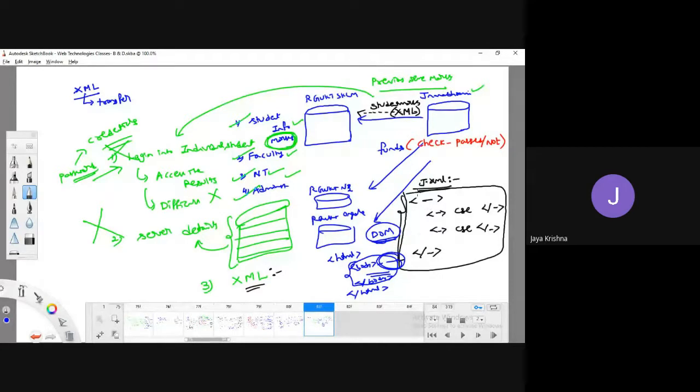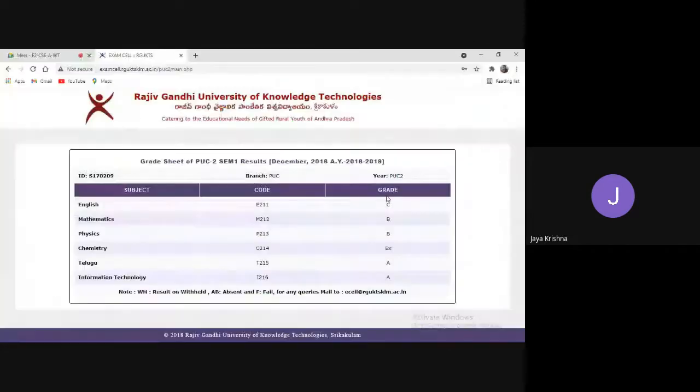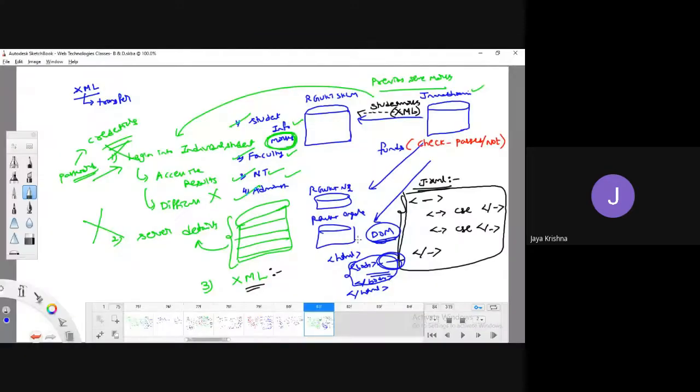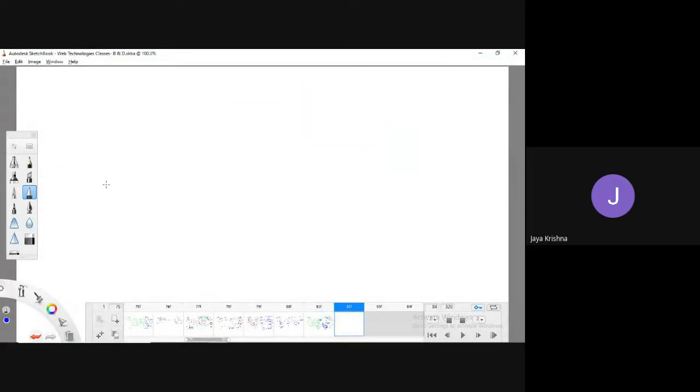If I am able to load this XML file, see, observe. If I am able to load these records in the form of an XML sheet, can we apply the concept of DOM here, so that I can access this particular data? See what we are going to do.